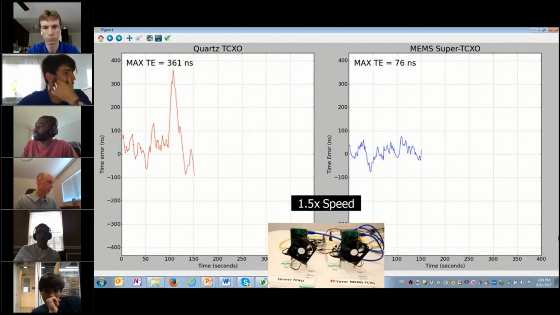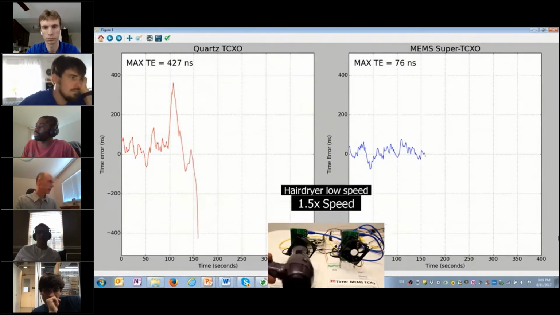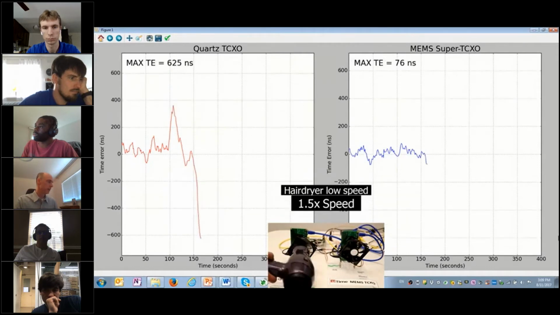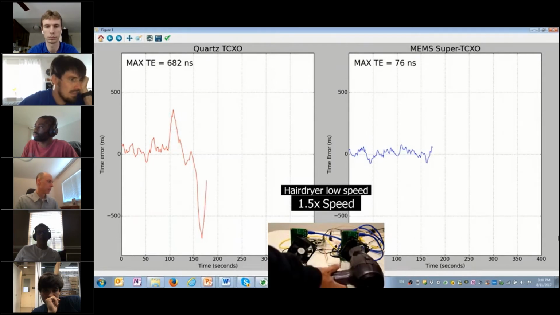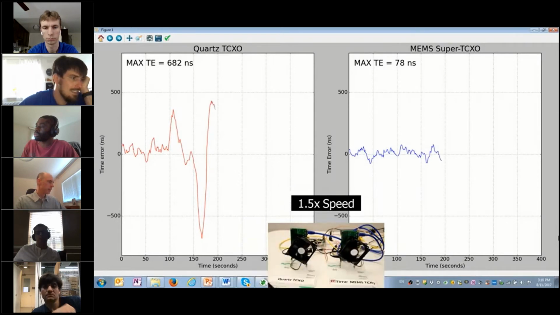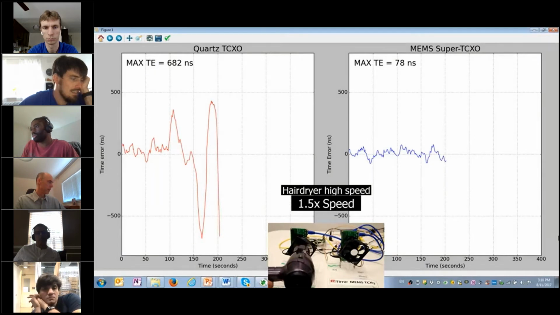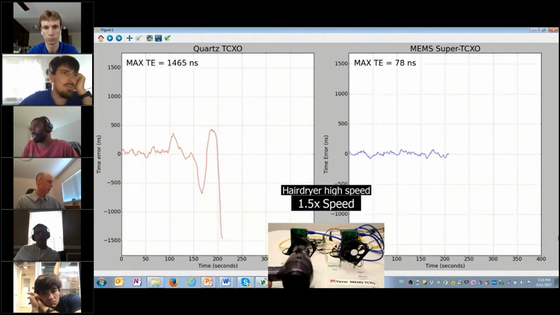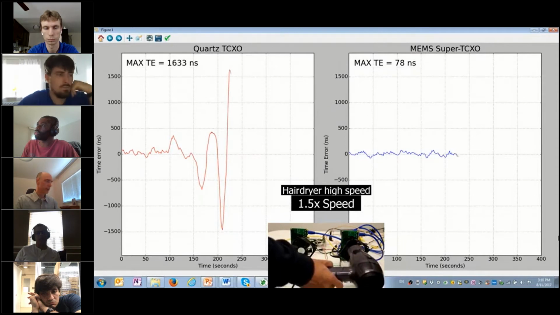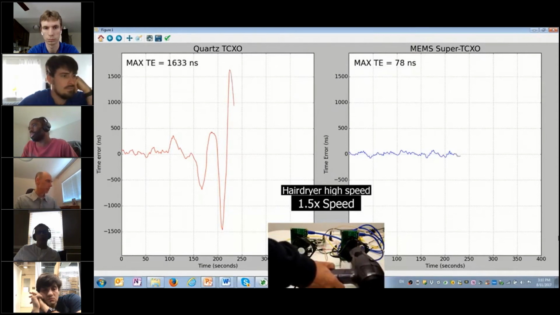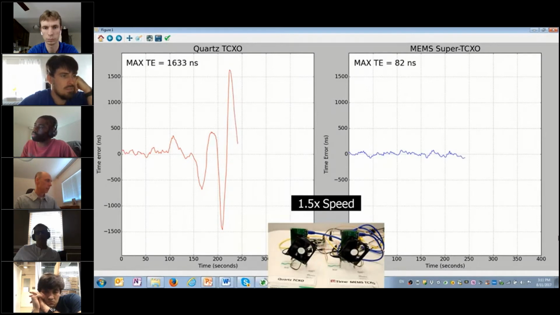It's on a low setting at first, so it's just a little bit of heat, and you can see the deviation in the time error that causes on the Quartz device, and now it's shining on the MEMS device, and there's really not too much change. And next, we're going to switch it from the low-speed hairdryer to the high-speed, and so you're going to see a greater deviation on the Quartz side, and on the MEMS side, it's not going to change much. And the Quartz takes some time to stabilize, and that's because of the lag between where the temperature is sensed and where it should be sensed in a Quartz device. And so this video